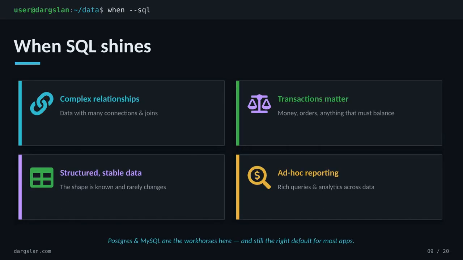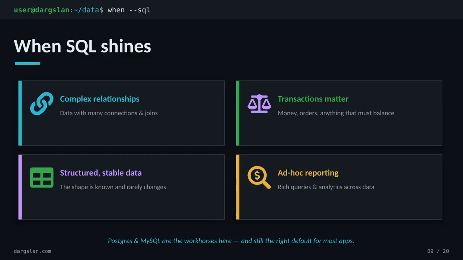So when does SQL really shine? Whenever your data has rich relationships, lots of joins, foreign keys, entities referencing each other. A relational engine handles that beautifully. It's also the right call when transactions must balance. Think money, orders, inventory. Add in a stable, well-known schema and the need for ad hoc reporting across your data, and you've got the sweet spot. Postgres and MySQL quietly power a huge slice of the internet here, and honestly, they're still the right default for most